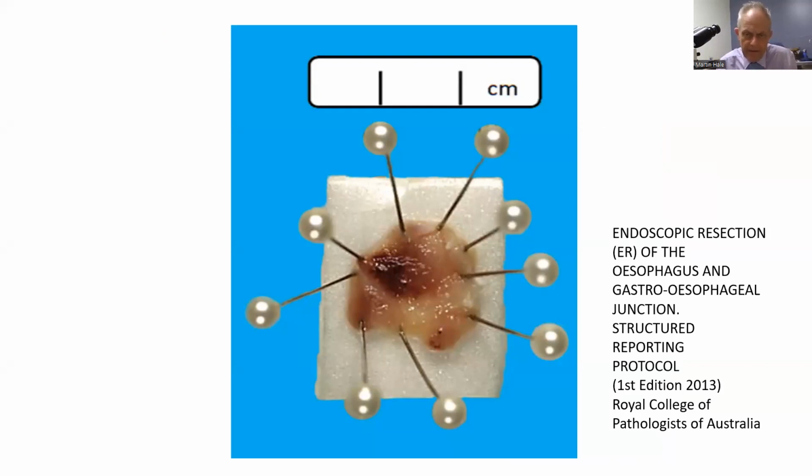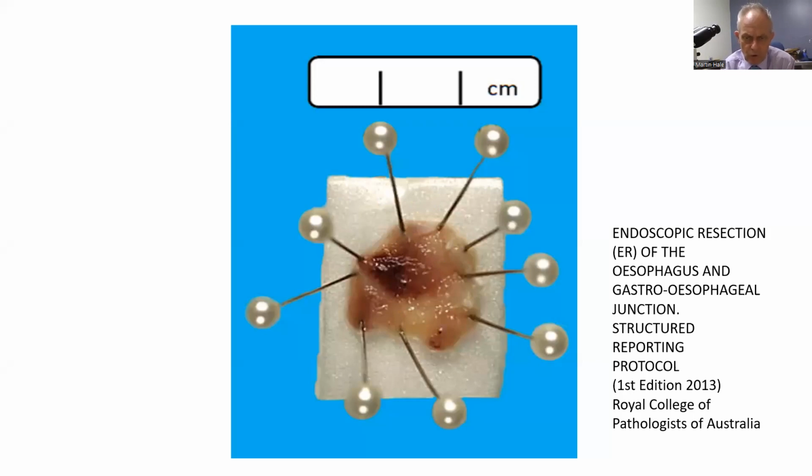And what we do is that we take the resected specimen, as Vikash showed you, and very, very important, as Vikash shows you, to pin it out onto a board. Now, by tradition, I've always used cork, and I introduced Vikash to cork. It's readily available, but you can use things such as polystyrene and so on. Doesn't really matter. It's obviously got to be resistant to formalin.